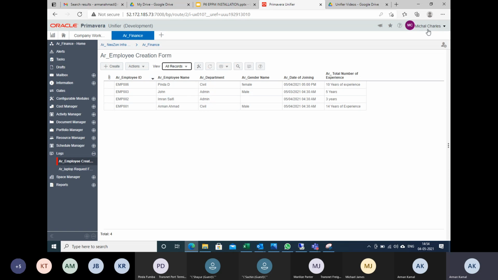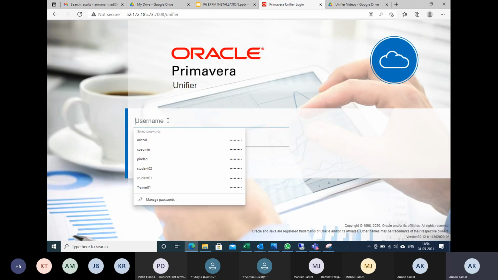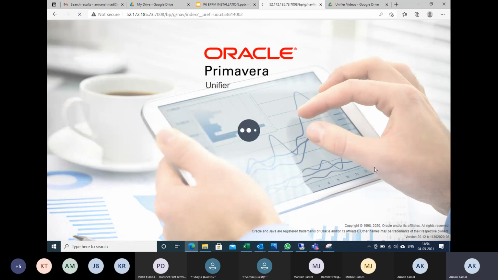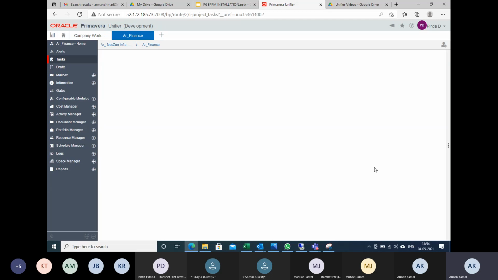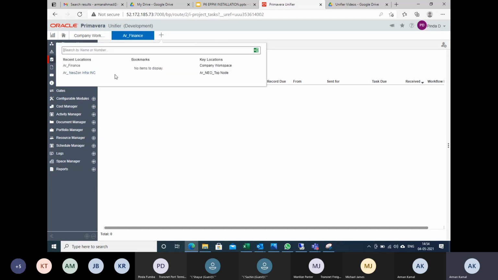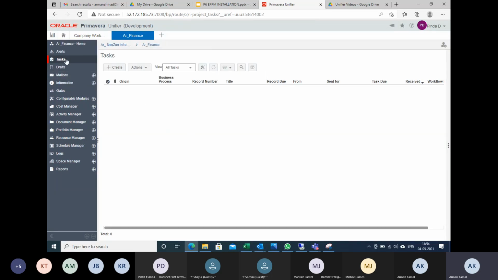She will get this URL, ID and password. She will log in as Pinda D. If she is not able to find herself, she can search through finance, and she can select this task.